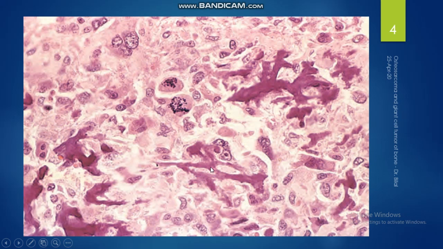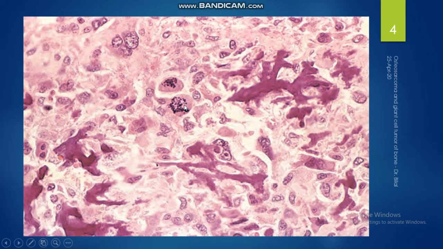This one here, these are typically described as having a lace-like configuration, and this is known as the osteoid, and this is the neoplastic bone that the tumor cells deposit. This is the main diagnostic point of an osteosarcoma histology. These, you can see, are the tumor cells. Some of them are mononuclear, some of them, like this one, are multinucleated. Okay, these are all tumor cells. There may be bizarre nuclear forms as well, but the main diagnostic feature, remember, is this osteoid here, here, here, and here.